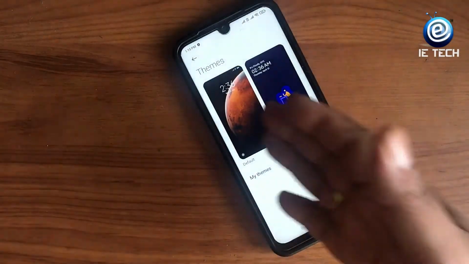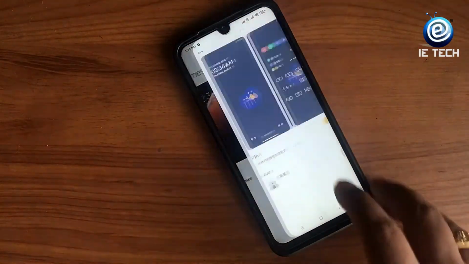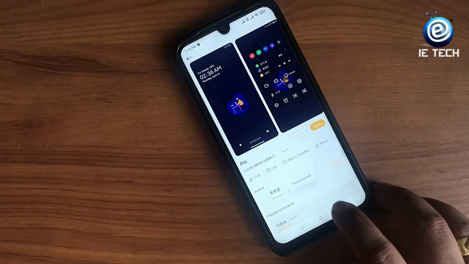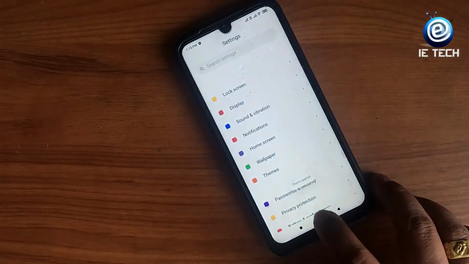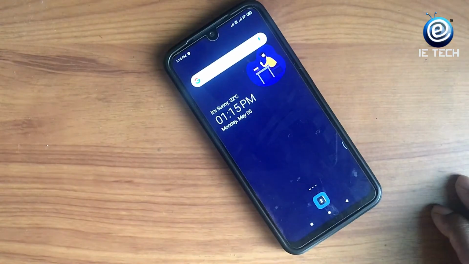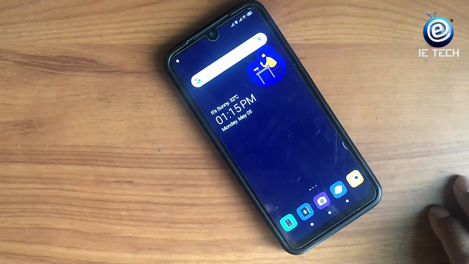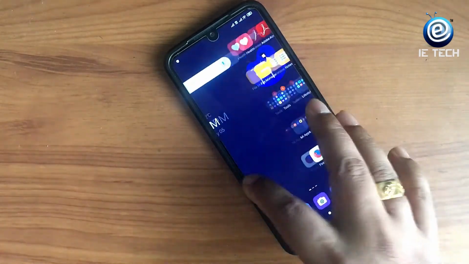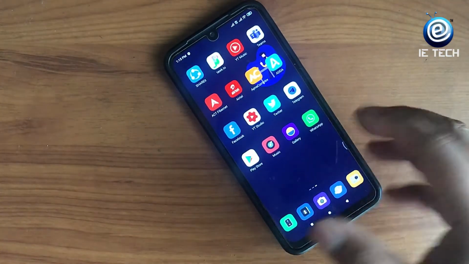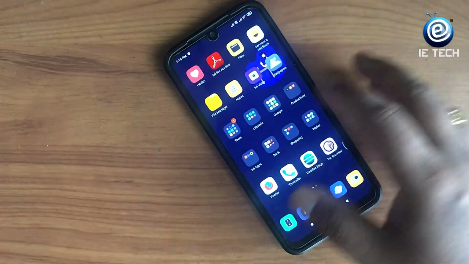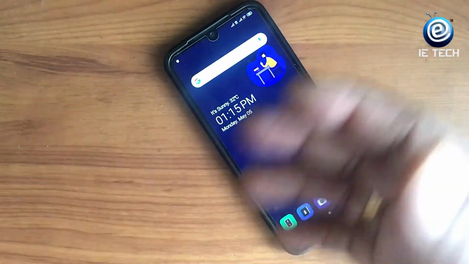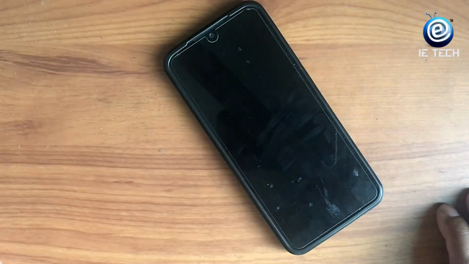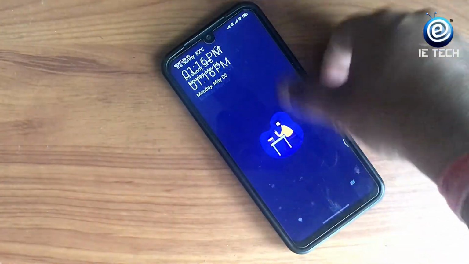Basically the default theme, and I have downloaded one more theme. I'll just apply it. This is a Chinese theme, but it is a default MIUI theme, and it is actually very good. If you see the theme, it looks very flawless. The only difference in this theme is that it is very bluish kind of. Generally, you like this kind of themes, but on attraction it is a little less attractive, right? So this is one of the themes which I got.